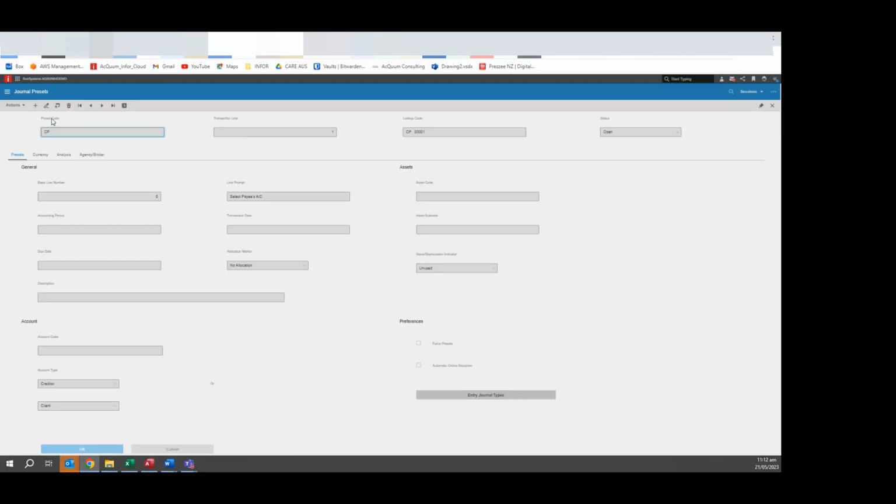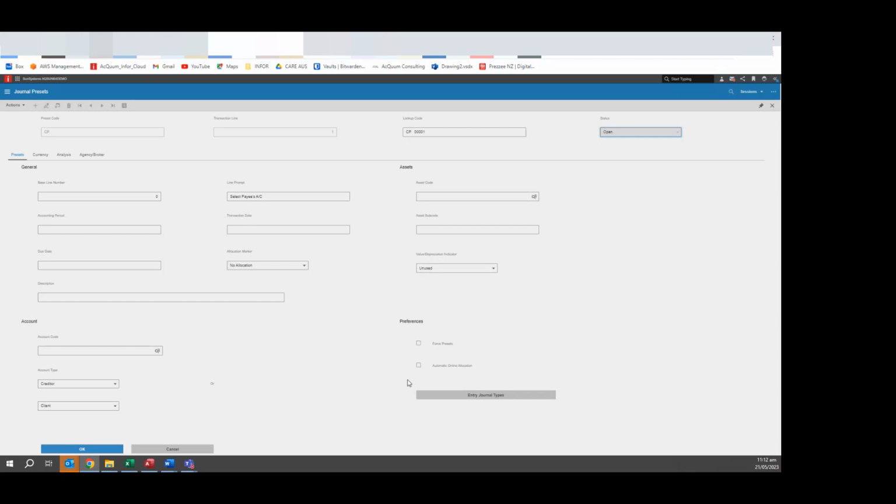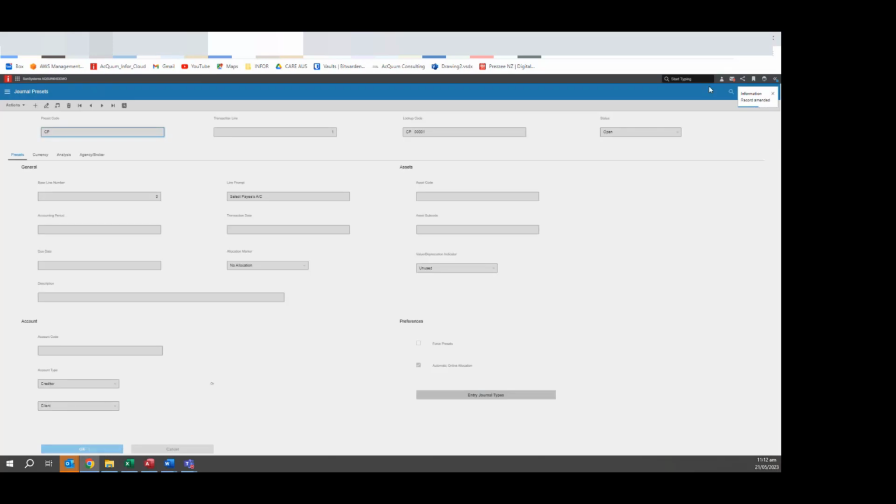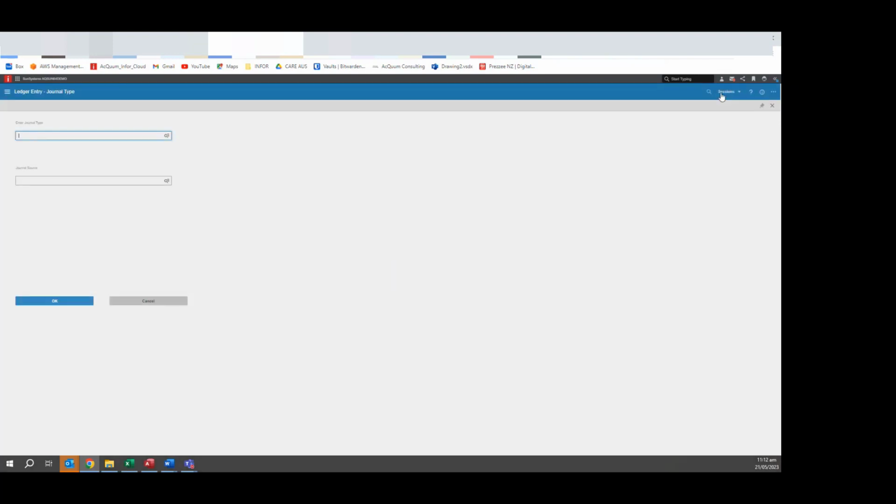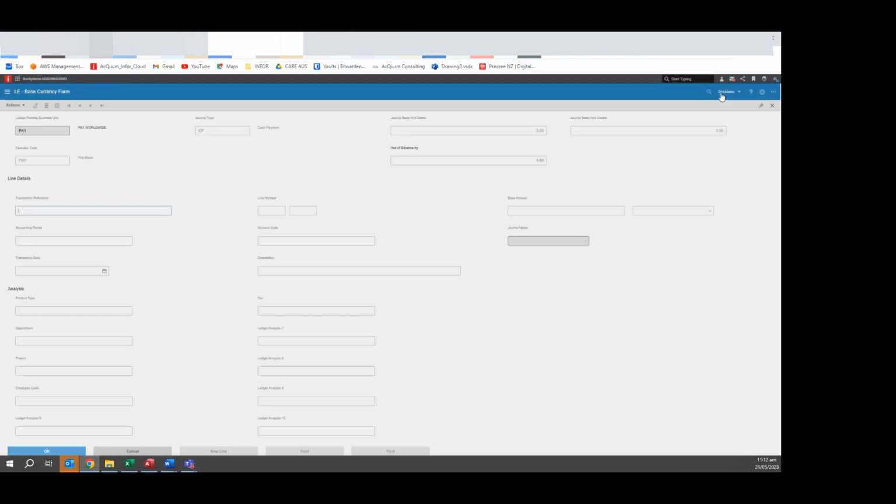One last thing that I'll go back to that can be a nice little trick, and it can be used in things like with this cash payment or with cash receipts. There is an option here to turn on automatic online allocation. So if we click that and we go back into our ledger entry, because when we made this payment, we do need to go back and allocate it off in the supplier allocation, don't we? So